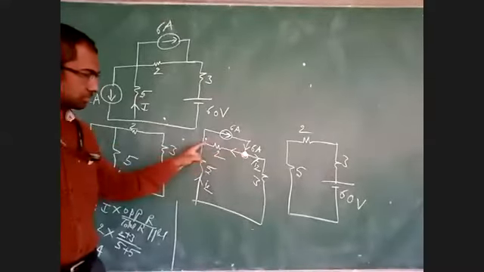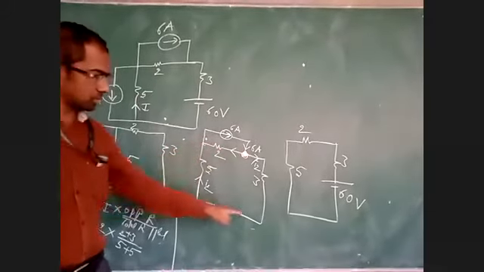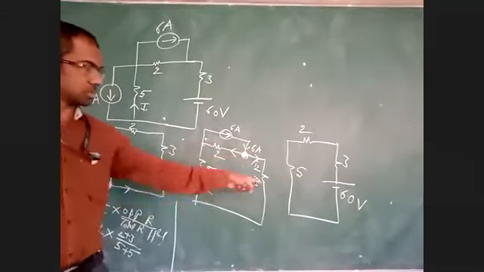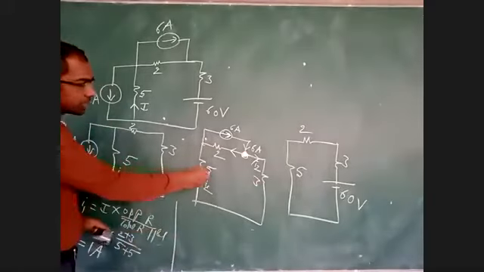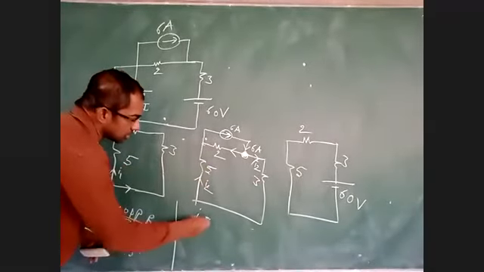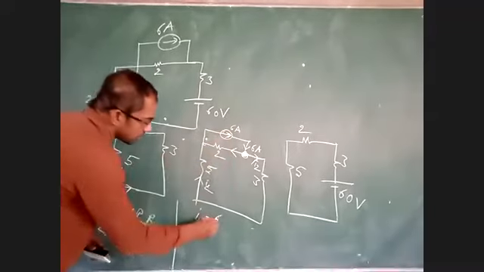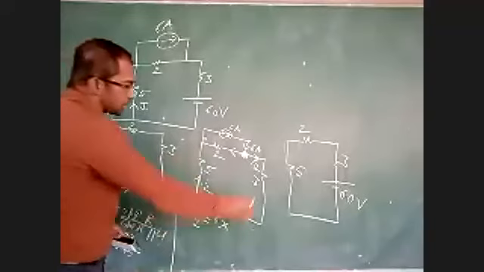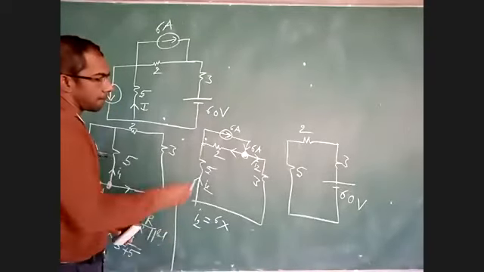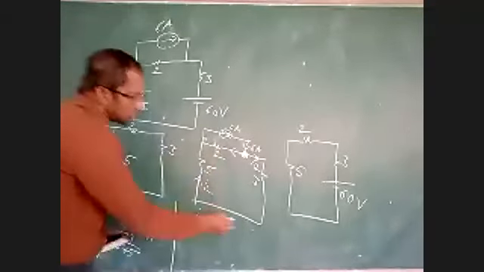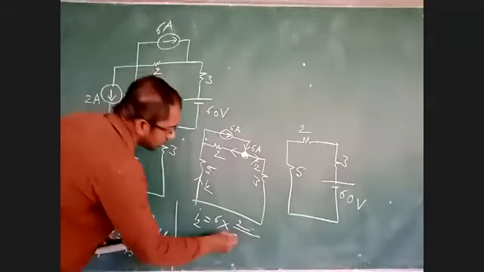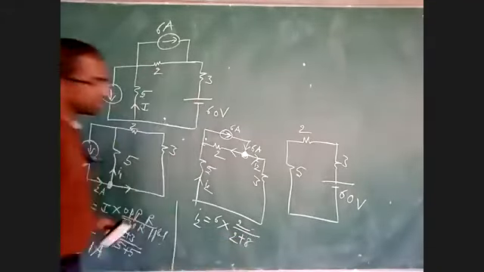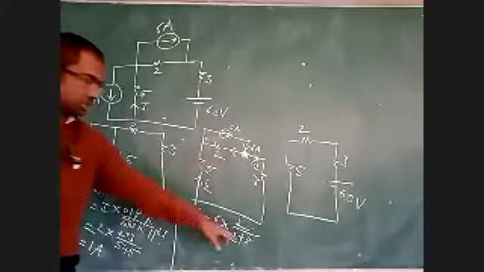One branch, from here to here, is 2 ohms. From here to here, this is 8 ohms. I want the current in 5 ohms. I2 is equal to the total current, which is 6, times the opposite branch over the sum of the branches. What is the opposite branch for this 5? 2 is the opposite branch. 3 plus 8 in parallel... 2 into 6 by 8... 1.5. How much? 1.5.